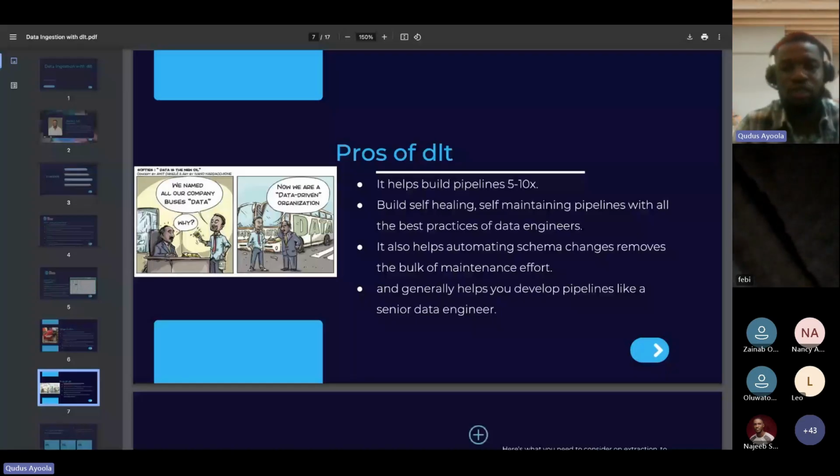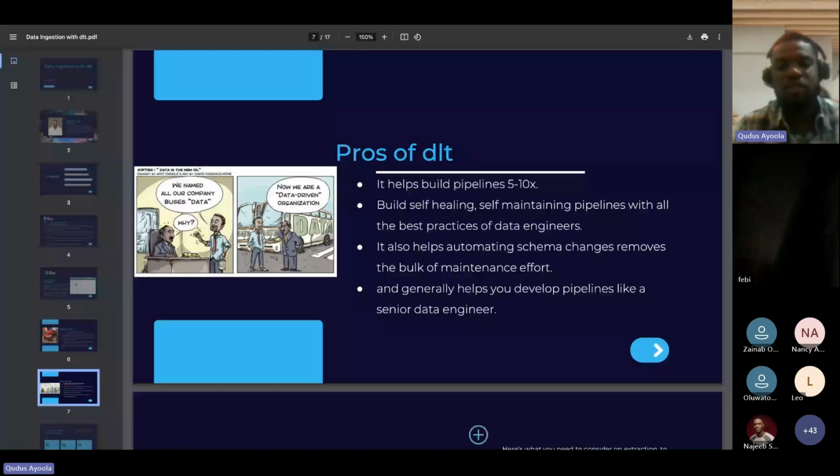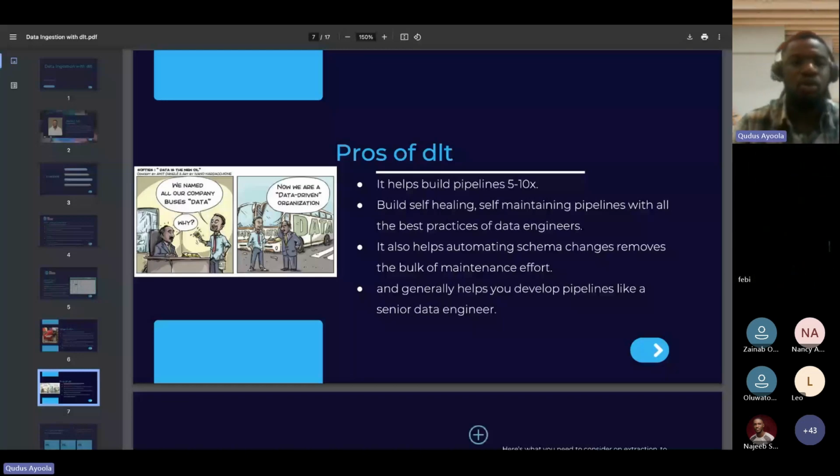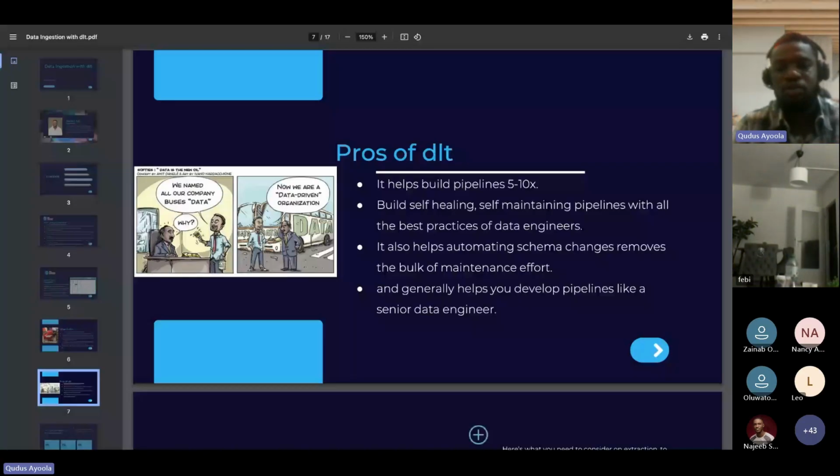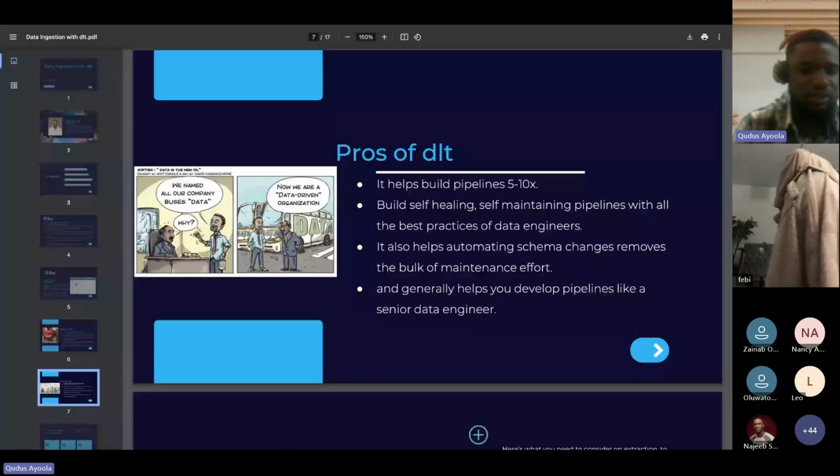So we will get to that. We'll get to what things DLT helps you maintain, and what challenges you might face when pulling your data from sources. Because a lot of times you pull data using different APIs or SQL requests, and just use your Python pandas library or iterate through the data source, load it into a list, and bring your data into your data warehouse. But what you've been doing might not necessarily be the best practice or a scalable approach to ingesting your data.